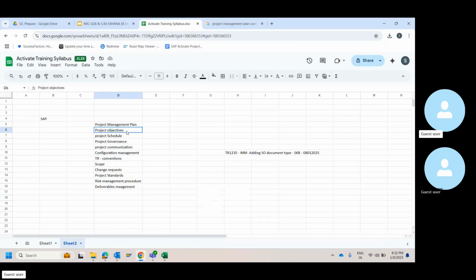Again, this is not something that we can define for all projects, but it depends on project to project, customer to customer. Certain customers already have a template in place, so you will have to use that. Otherwise, you can use whatever internal templates your PMO has given for the project. So it differs from customer to customer.